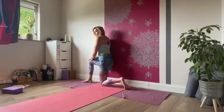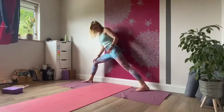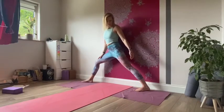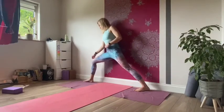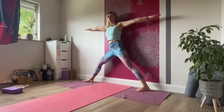We're gonna tuck our left toes and just go up. Bring your leg 45 degrees angle. We're pushing from the outside edge of the feet, and then the knee is underneath the ankle. Warrior 2. Now straighten your right leg up,